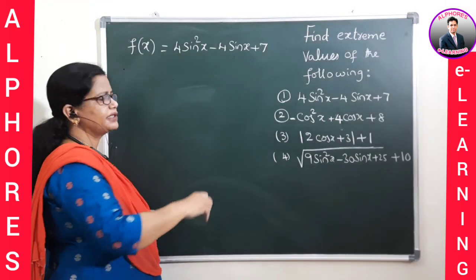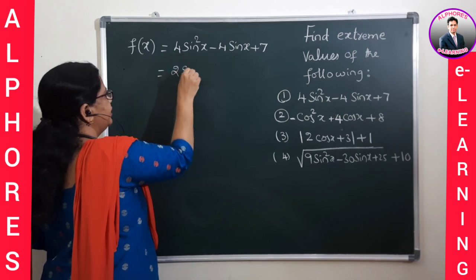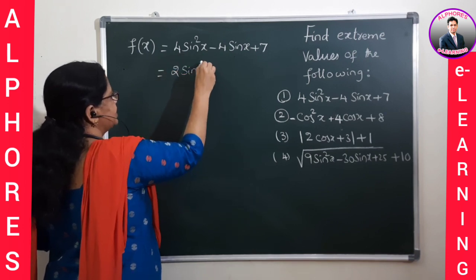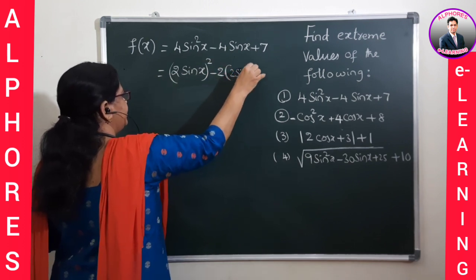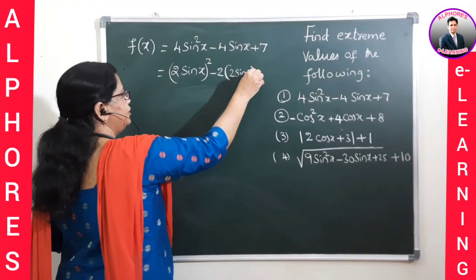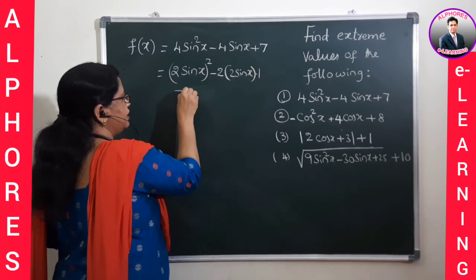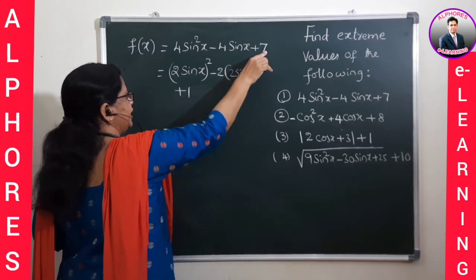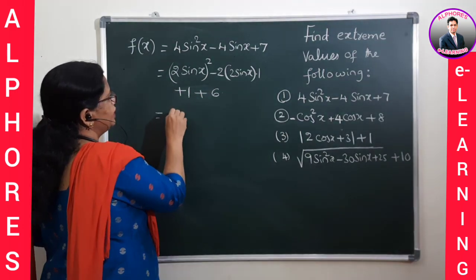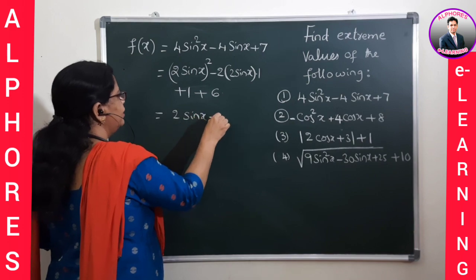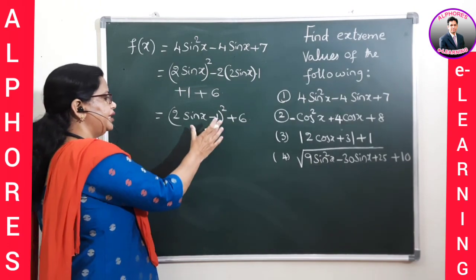Now to get a perfect square, students, this has to be a perfect square, that is (2 sin x) whole square. So clearly you can observe (2 sin x) whole square and after that minus 2 into 2 sin x into 1, which I am writing to obtain a perfect square model, plus 1. Since I added an extra plus 1, I immediately take one value off, so that it is nothing but 6. Then what is this entire value? (2 sin x minus 1) whole square plus 6. That implies you are able to write this value in this model.